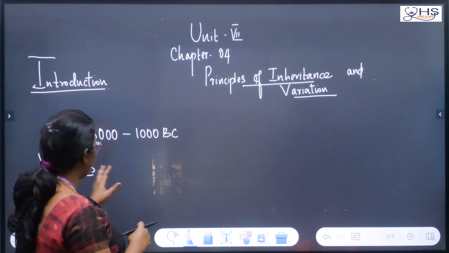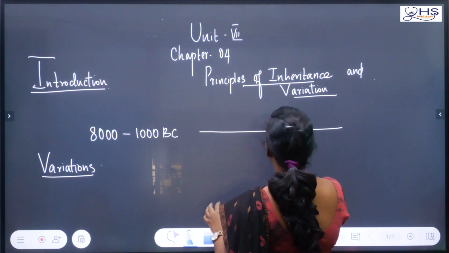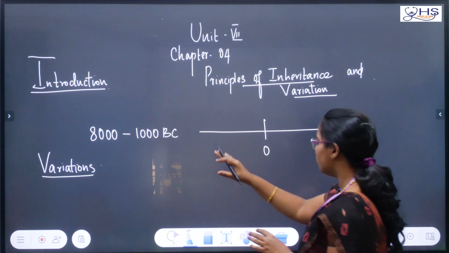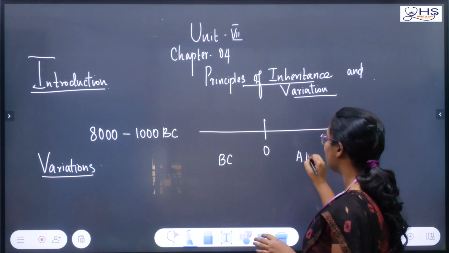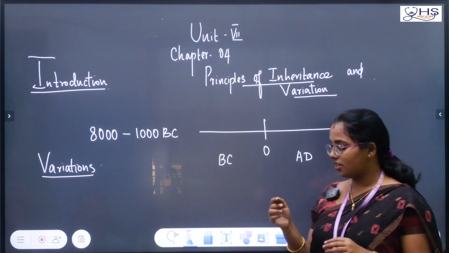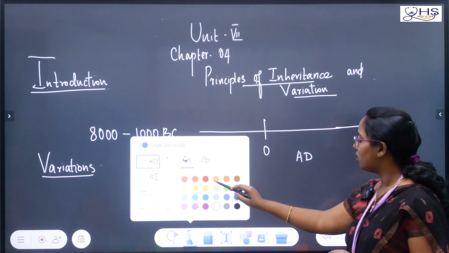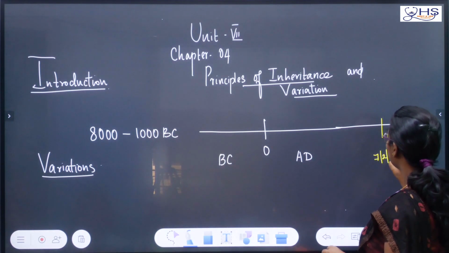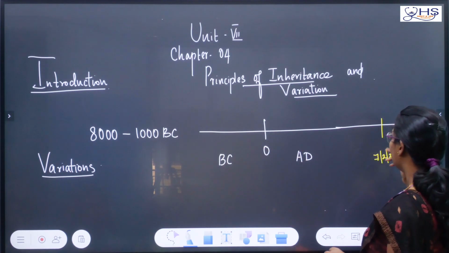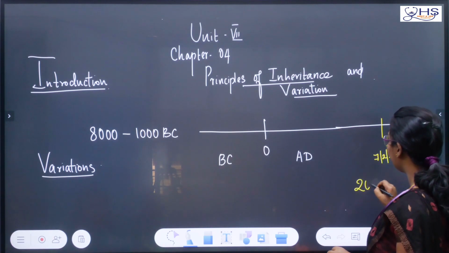Okay, so around 8000 to 1000 BC roughly, if we say, now we are at AD, right? We can make it as 0, and before 0 we can call this BC, before Christ, and after this is AD. So what is today's date? Somewhere here I can mark today's date, 7, 2024. So from 0 to 1 AD, 2 AD, 3 AD, 4 AD, like that we are in 2024